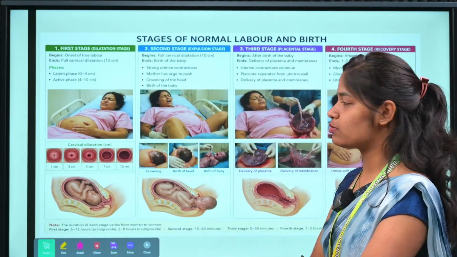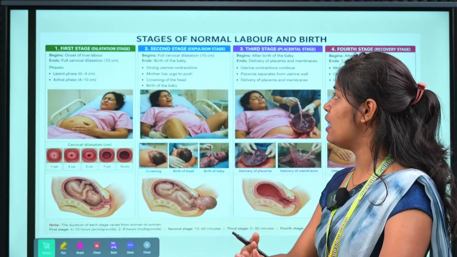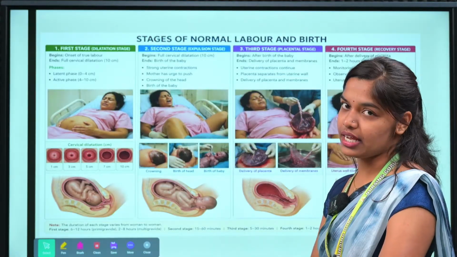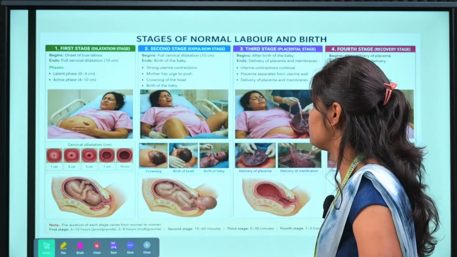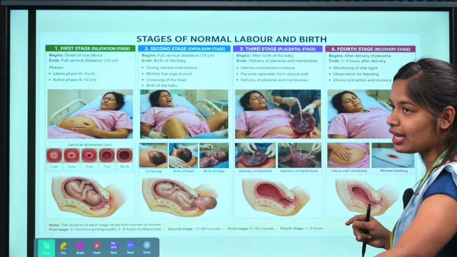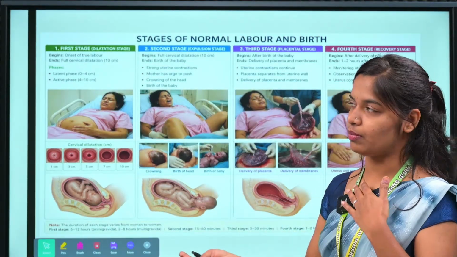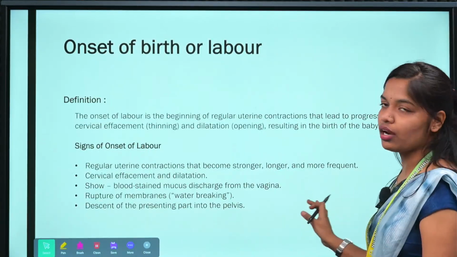Second stage, expulsion, begins from complete cervical dilatation to the birth of the baby. Third stage, placental stage, starts from the birth of the baby to the expulsion of the placenta and the membranes. The recovery stage begins from the delivery of the placenta and the membranes and ends 1 to 2 hours after the delivery,